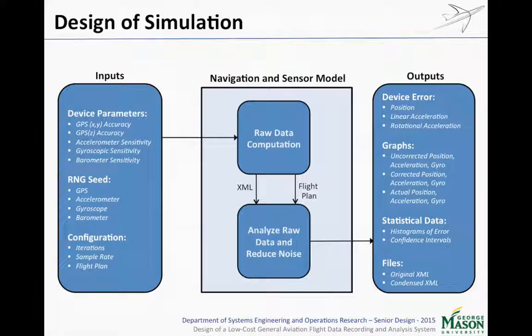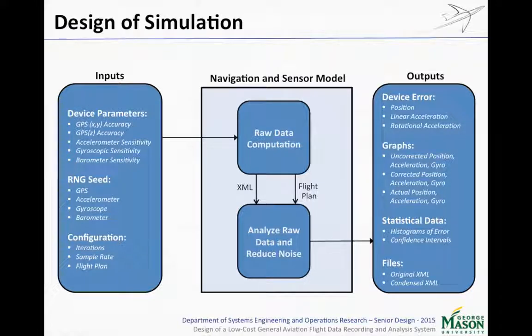And the configuration settings are there to allow us to adjust certain input parameters that affect the simulation, such as the sample rate, which is one of the most important ones here. Our sample rate is set to 5 readings per second. In our simulation it could be set to whatever, but in the one that we ran, it's set to 5 readings per second, because real GPS sensors have a reading limit of 5 readings per second, and we wanted to make this as true to life as possible. The last configuration setting we have is our flight plan, and that flight plan